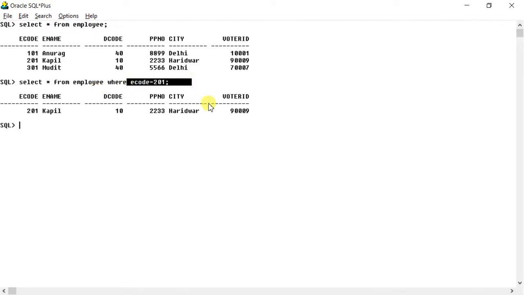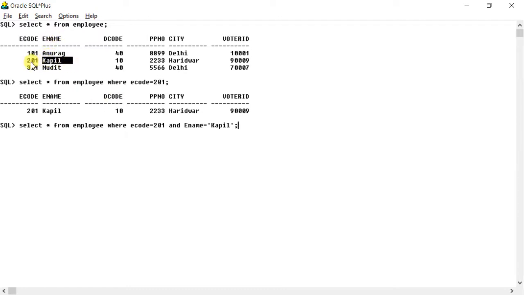Are you getting it? I will come to the point. Now suppose I write something like this: where e code equals 201 and, please see carefully, ename equals couple. Now you can see that this employee's e code is 201 and ename is couple.